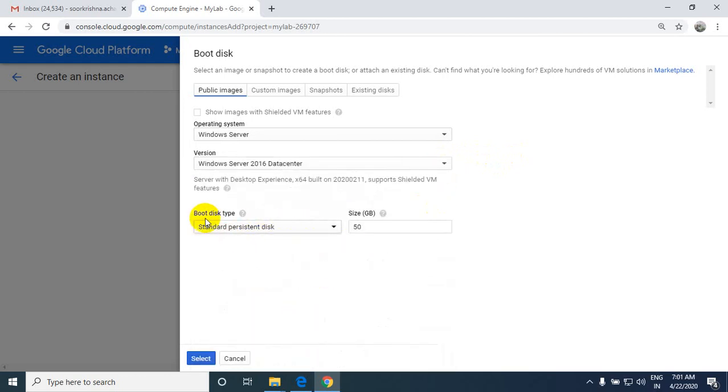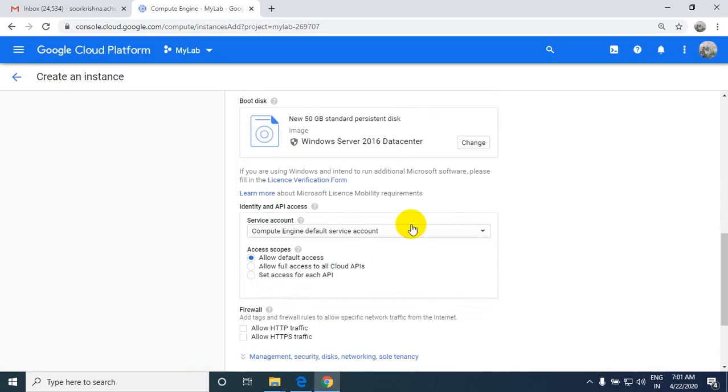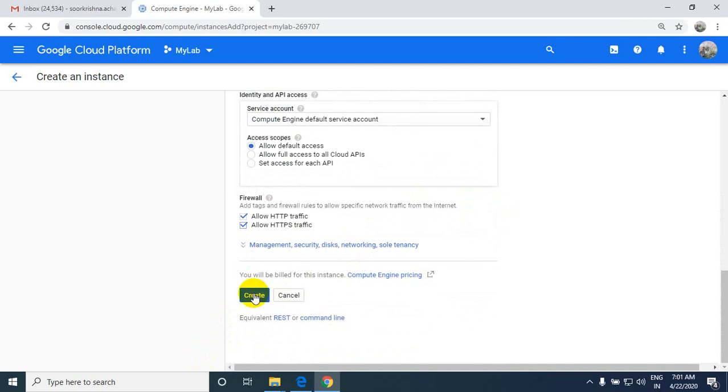The standard part, the boot disk, you can keep as it is. The disk of 50 GB size is okay. If you want to increase it, then you can increase it. Now here you need to select allow HTTP, allow HTTPS, then select and create.